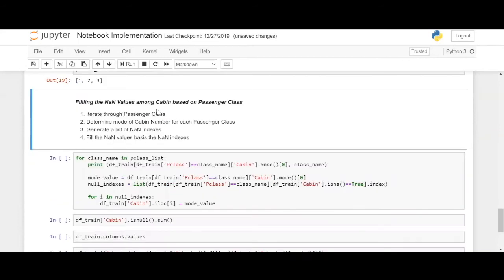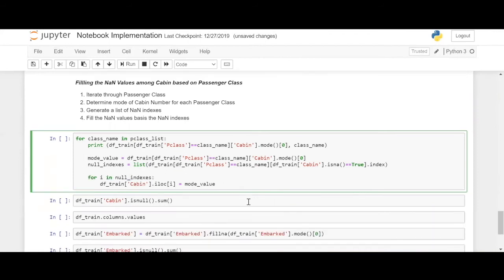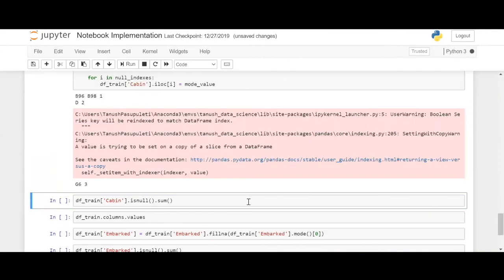We'll iterate through passenger class, determine the mode of cabin number for each passenger class, generate a list of NaN indexes, and fill the NaN values based on those indexes. Writing this up as an algorithm, here is what we have. Let's get the mode of each class and then get a list of values which are null, identified by the respective indexes. In the respective indexes, we replace the null value with the mode value, which is nothing but the mode for the given class. We are done with this.